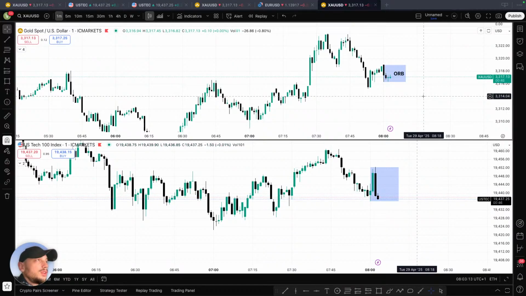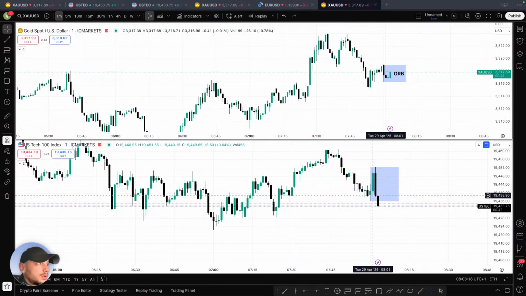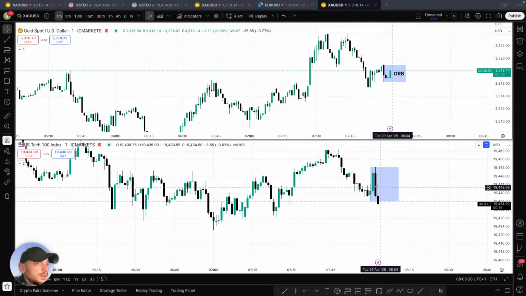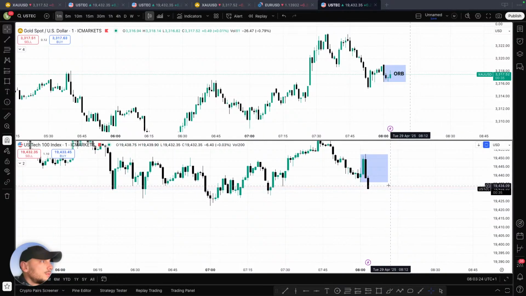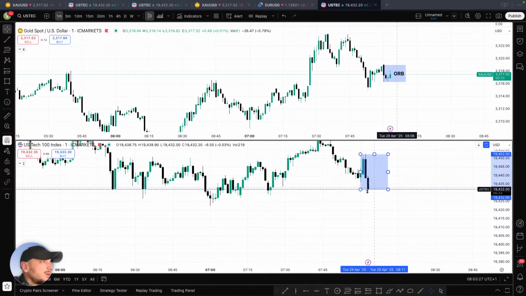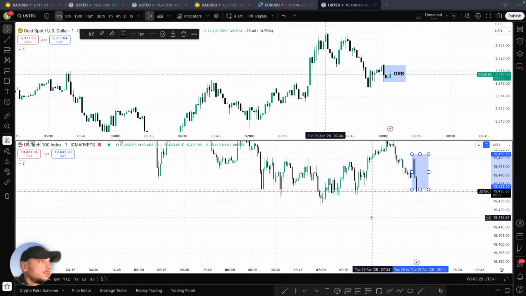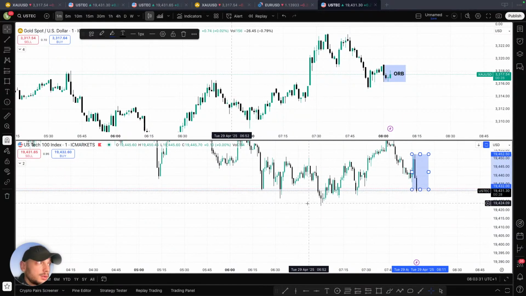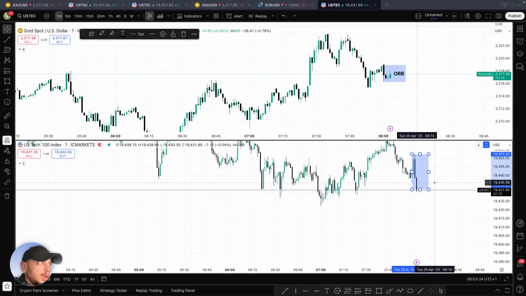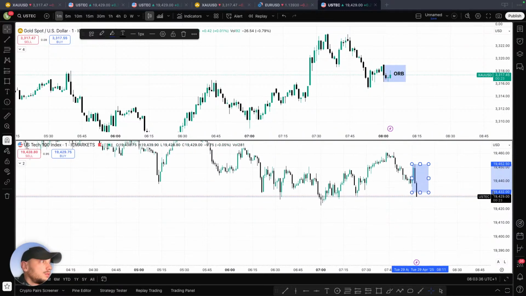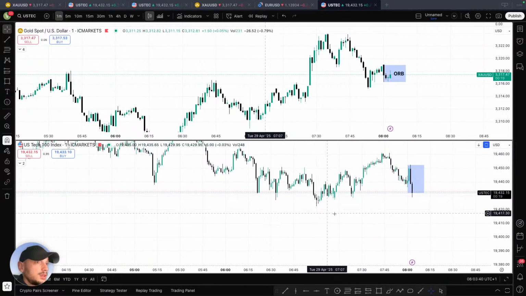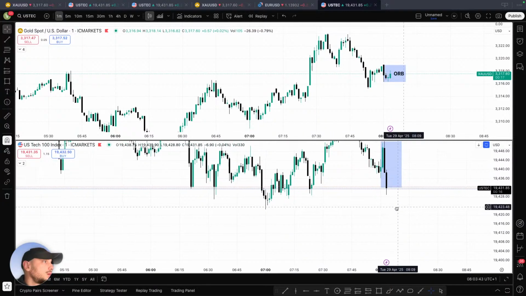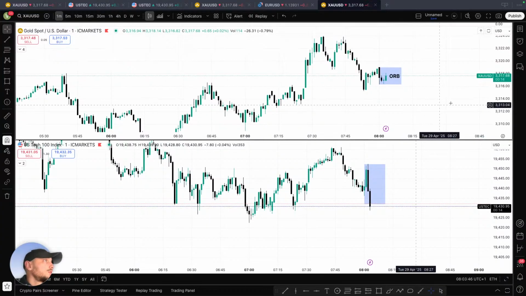Usually you need to see a good volume, a good force. Okay, I like how we open with 2 candles upwards. I like that. That's a good sign. Now we don't want to see a huge drop. We want to see actually collecting those lows, a little retrace, and then going down. This will be great, but not much further than those lows, because the range will become too big for a London session.